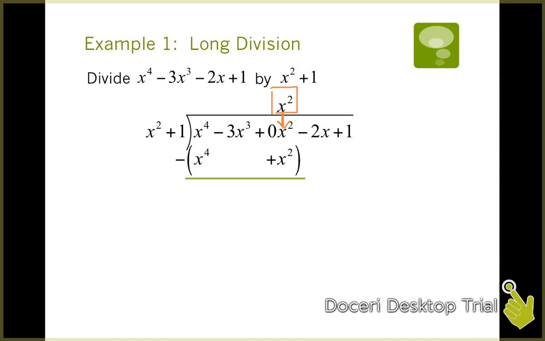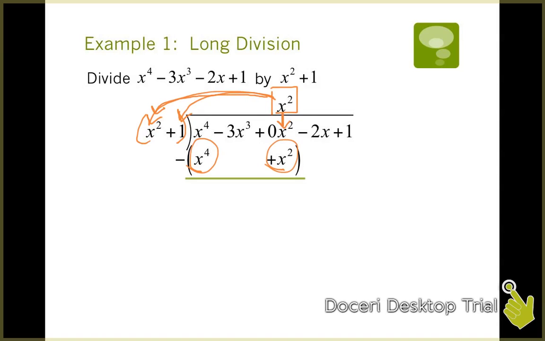Okay? And then I take that x squared times everything in the divisor. So it's not just the first term anymore, it's the whole thing. So x squared times x squared gives me x to the fourth,